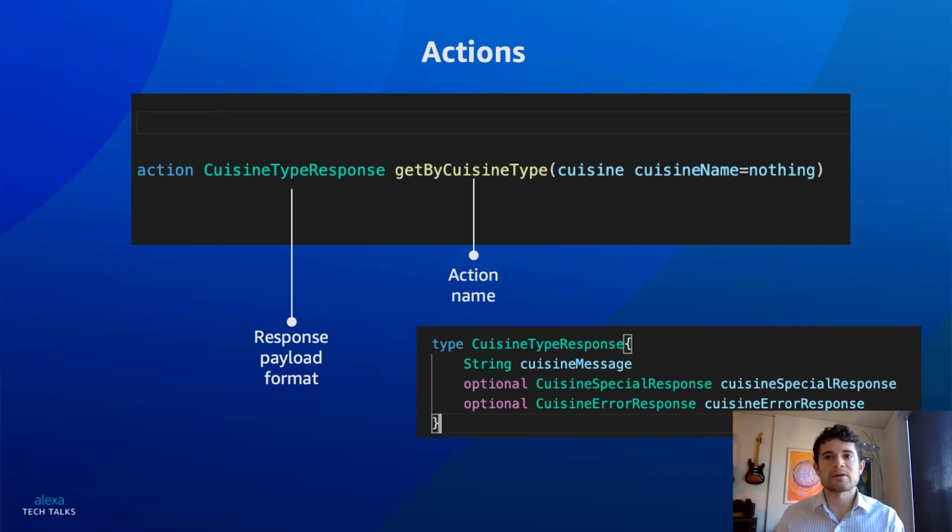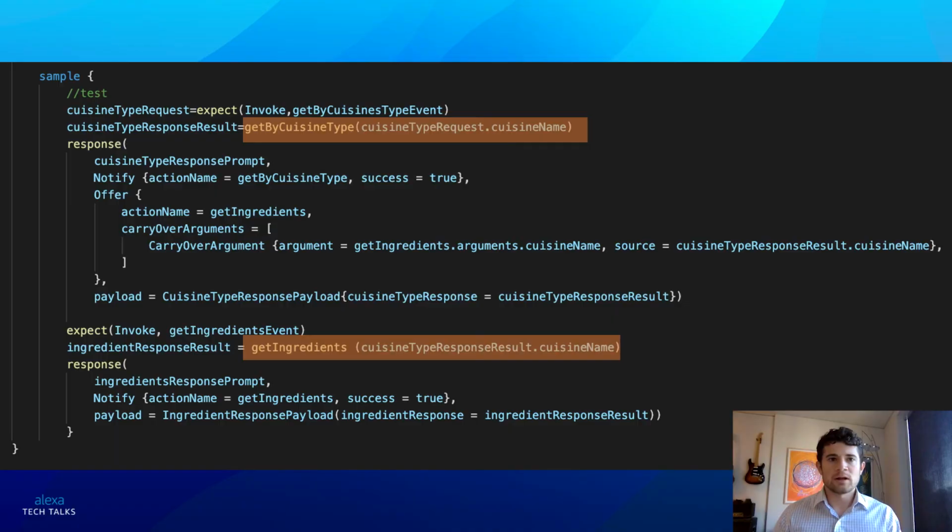And worth noting here is that these actions are not correlated with a specific event, but rather with certain type inputs. So this is one example of the one-to-many relationships that I was mentioning earlier in the talk, and the way that one action can service multiple events and vice versa. In this slide, we just see the actions in our sample dialog highlighted.